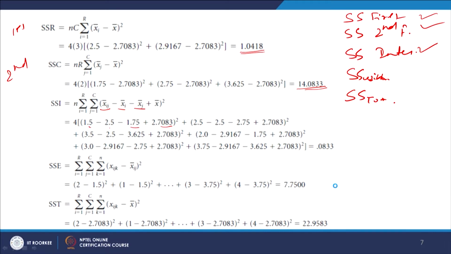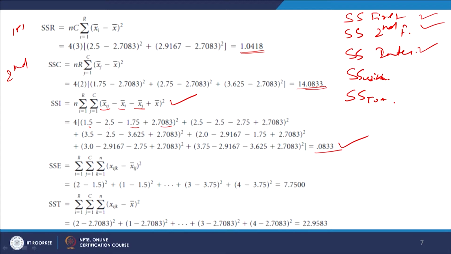3.625 minus 2.7, right. So, as you do this, this is the formula for this, if you can remember it also. So, xij, mean of the first cell, minus the total of that column, that row, similarly minus the xij plus the grand mean. So, if you use this formula, we are getting 0.0833, right.